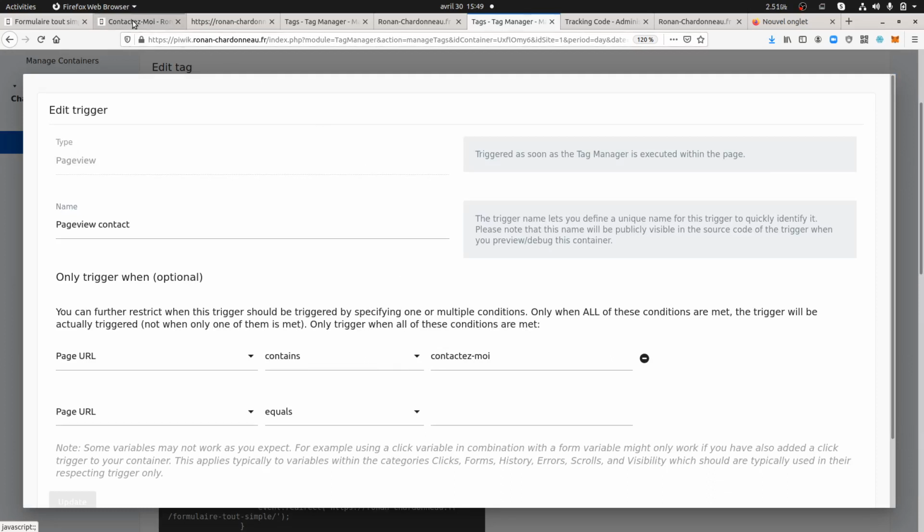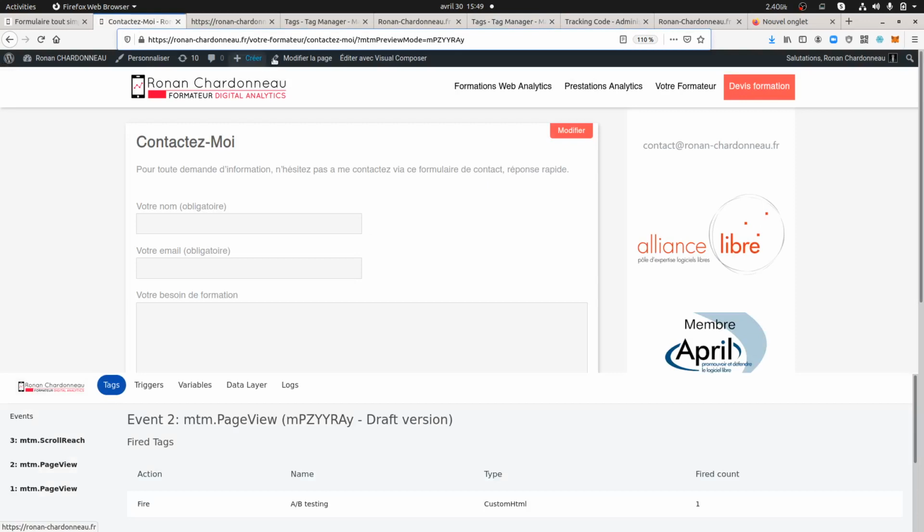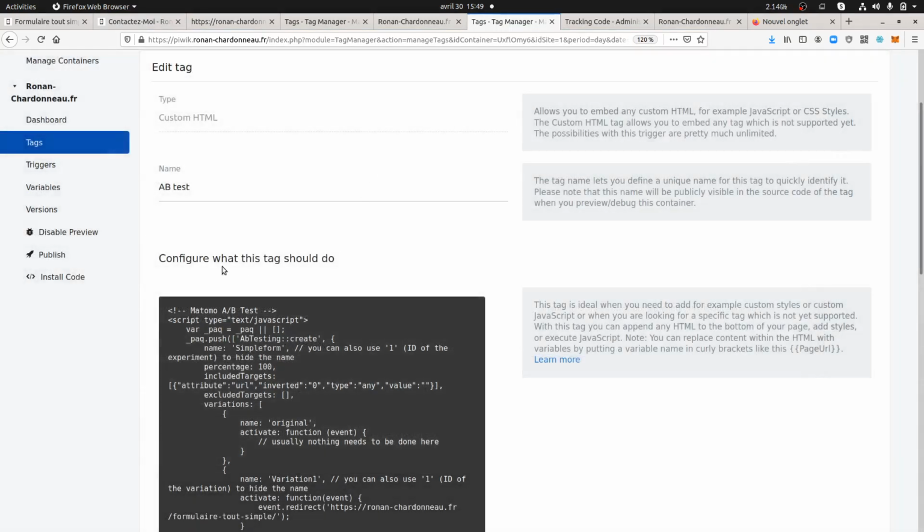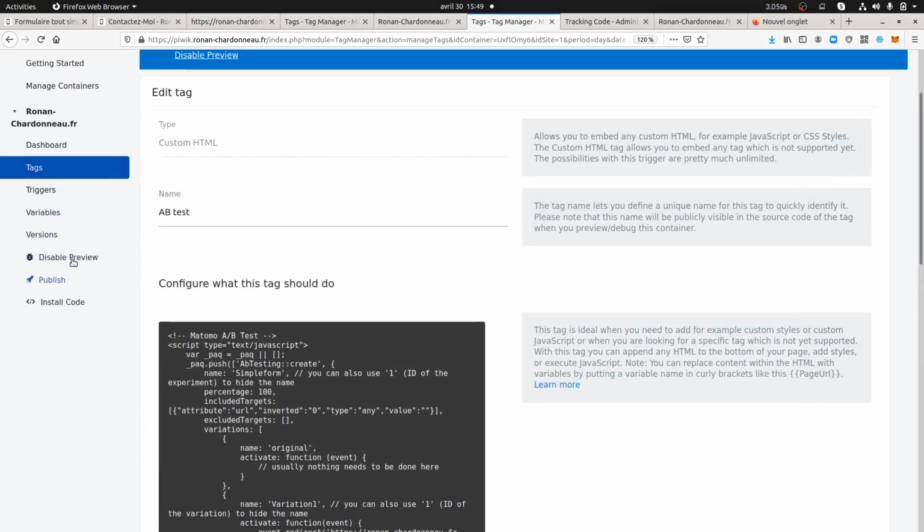So every time that people go on this given page, 50% of the people will be on this page, and the other 50% will go on the other one. In order to confirm that everything is working fine, I just need to publish.